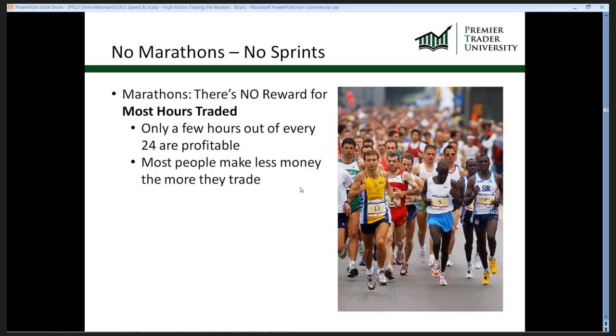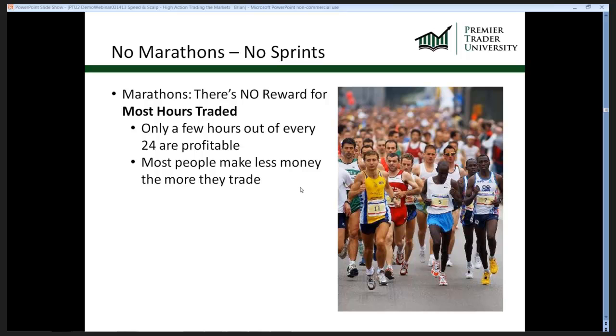And the reason I'm saying that is in their mind they think, wow, that was easy. All I have to do is do this more. And they end up spending more time in front of the computer screen, more time in front of the charts, more time trading. What inevitably will happen is, in the long run, they will give it all back, all right? So trading is not a marathon. It's not about how long you can sit in front of your screen and trade for hours on end.